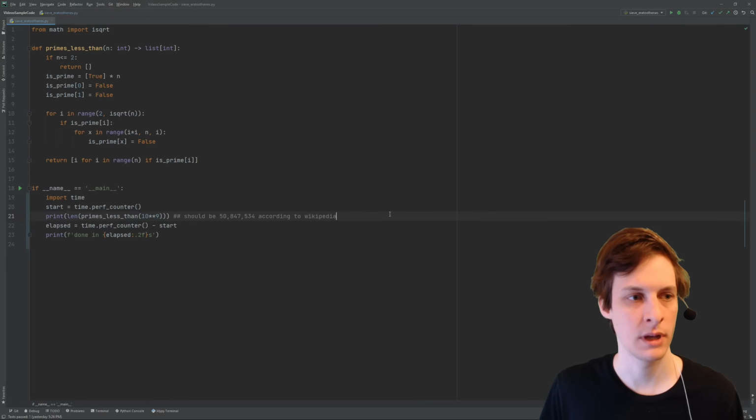So I thought that I would come back to this code that we wrote on the sieve of Eratosthenes for finding prime numbers and just see, what are its limits. I'm thinking that 50 million primes or so should be a good amount. Let's just go ahead and see if this code is fast enough.